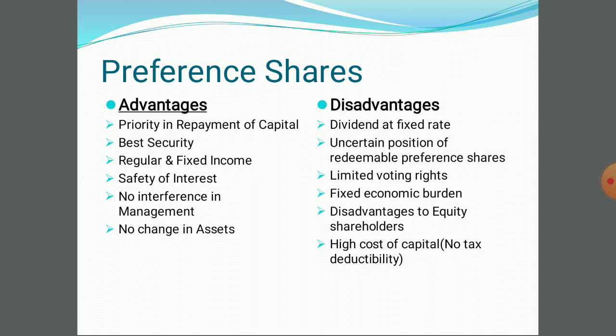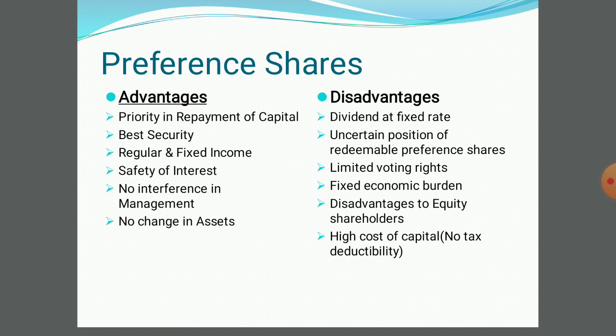If next year the company earns 500 rupees or 5 lakh rupees, it does not matter. Again, the preference shareholders are going to get 5% out of that earning. So even if the company's earning keeps on rising, the amount of dividend is fixed. So that is a disadvantage, except for the participating type of preference shares. Only participating preference shares get the extra advantage, that is, they can participate in the extra profit being earned by the organization.